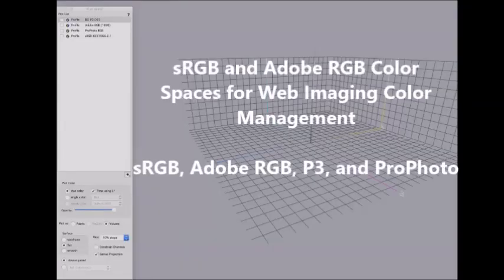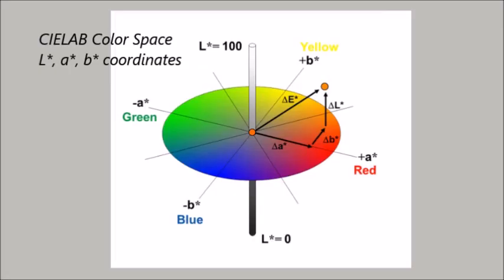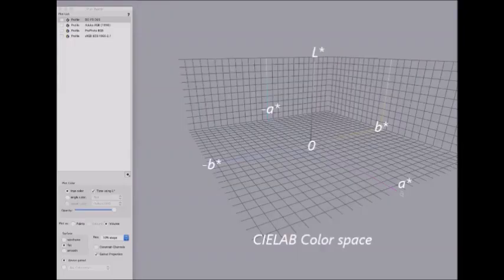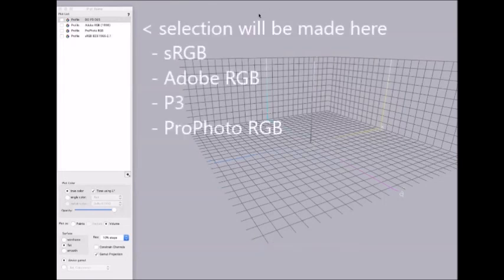This is a brief movie prompted by an ImageMuse posting on sRGB and Adobe RGB for web viewing color management. What you'll be seeing in this movie are the color gamuts of the 4 popular working color spaces. Here they are: sRGB, Adobe RGB, P3, that was the one that was brought up in the discussion in particular,